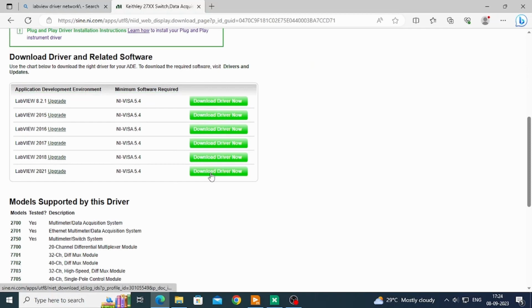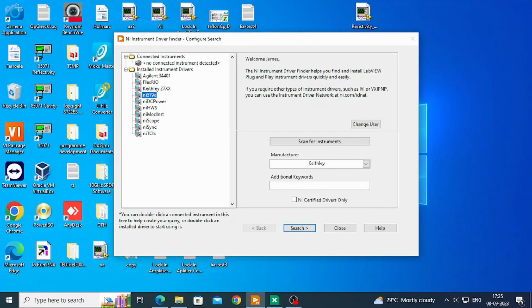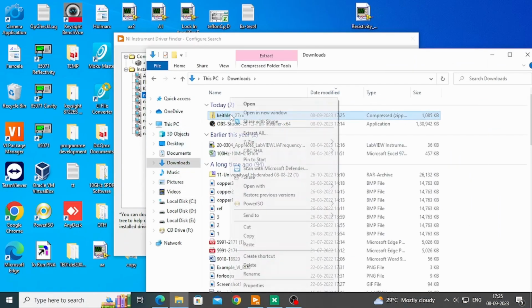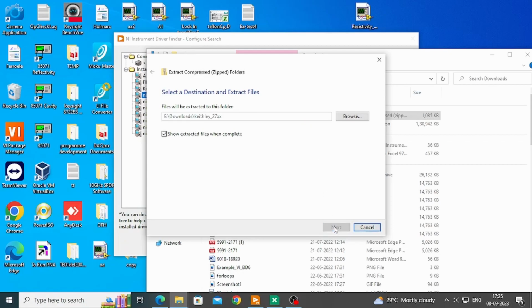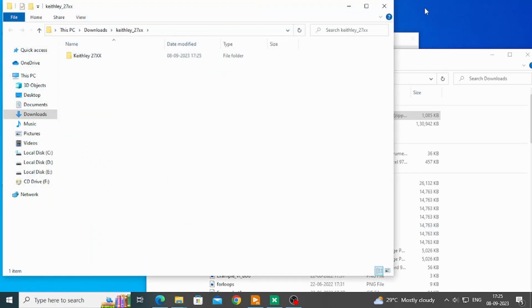You can check for the versions. My LabVIEW version is 2021, and I'm downloading that particular driver. So I downloaded the particular driver for the Keithley 2700 multimeter instrument. In downloads you can see this is a zipped file, so we want to extract the data. Now I am extracting, and this is the extracted